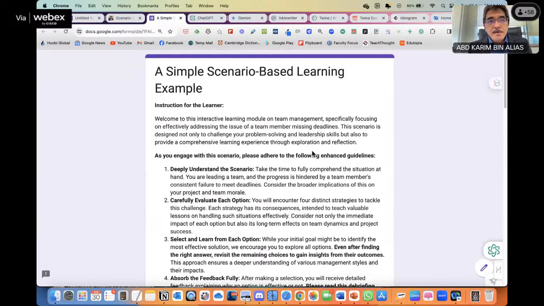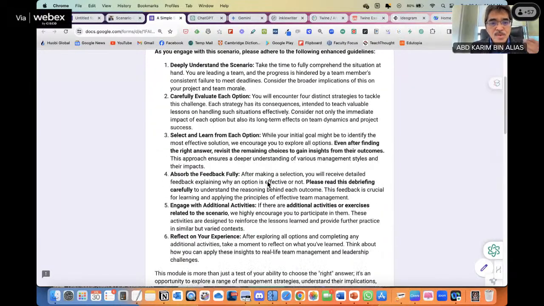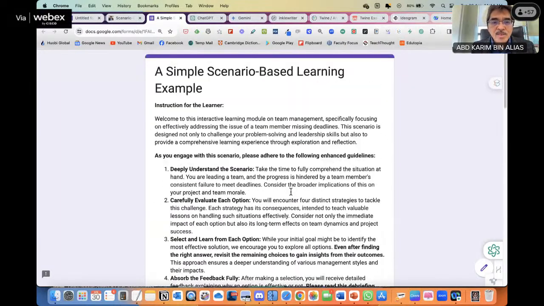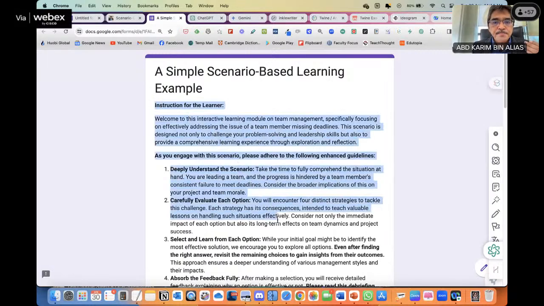Well, the idea here is we want to tell the students what they need to do when they work on this scenario, what we want them to learn. But if you want to make it shorter, of course, by all means, you can make it more concise. You don't have to use everything here. But for the purpose of this exercise, I just copy everything here.